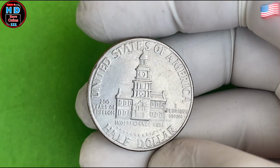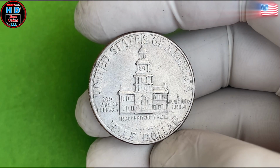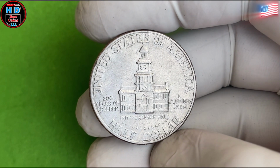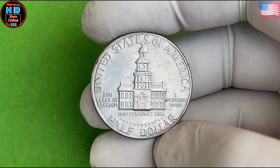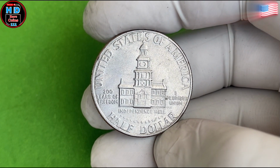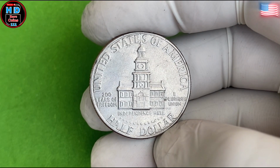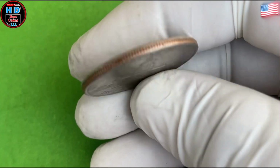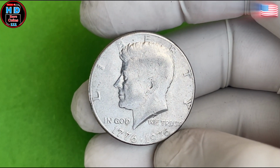Well, prices can vary greatly depending on the coin's condition and rarity. Most of the standard, non-error coins from this year are worth anywhere from a few dollars to around $10, especially if they are in good condition. However, when you start looking at coins that are in mint condition, or those with an error, the price can skyrocket. Some rare 1976 Kennedy half dollars have been sold for as much as